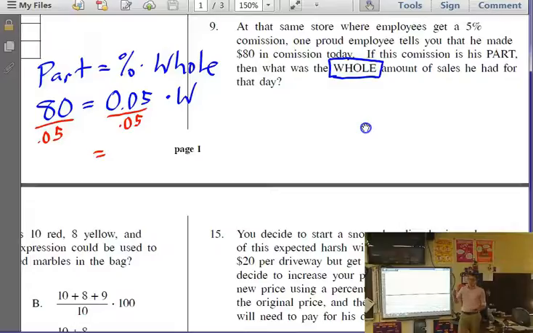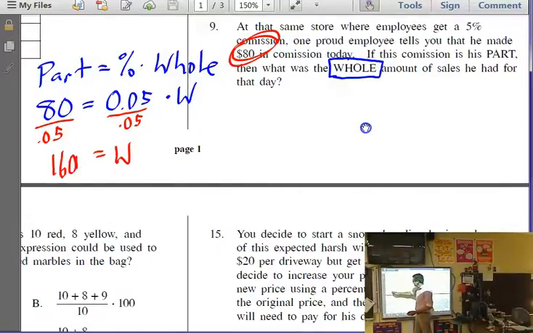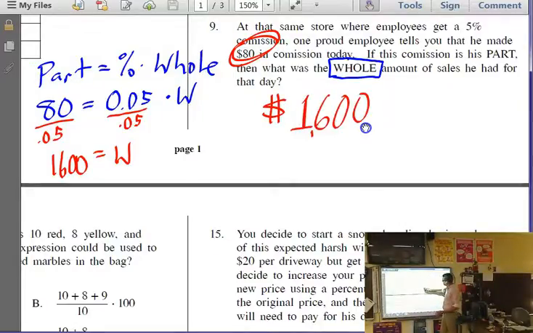Now let's relate that to problem 8. If he made $175 in problem 8 and sold $3,500, now he only made $80, so he made less than half, which means his sales are going to be less than half of what they had been. And this comes out to be a whole value of $1,600. So my answer was $1,600. If there is nothing to represent in your cents, you can leave it blank, or you can just put your double zeros.